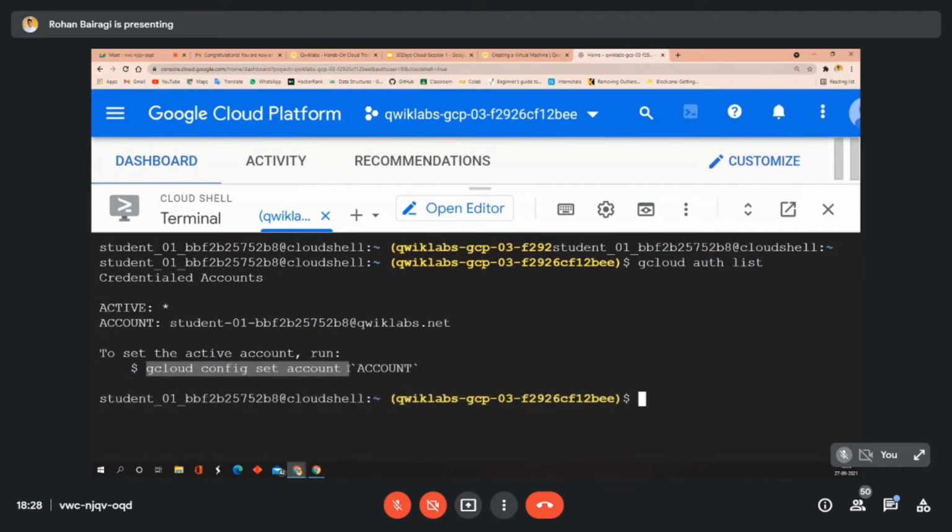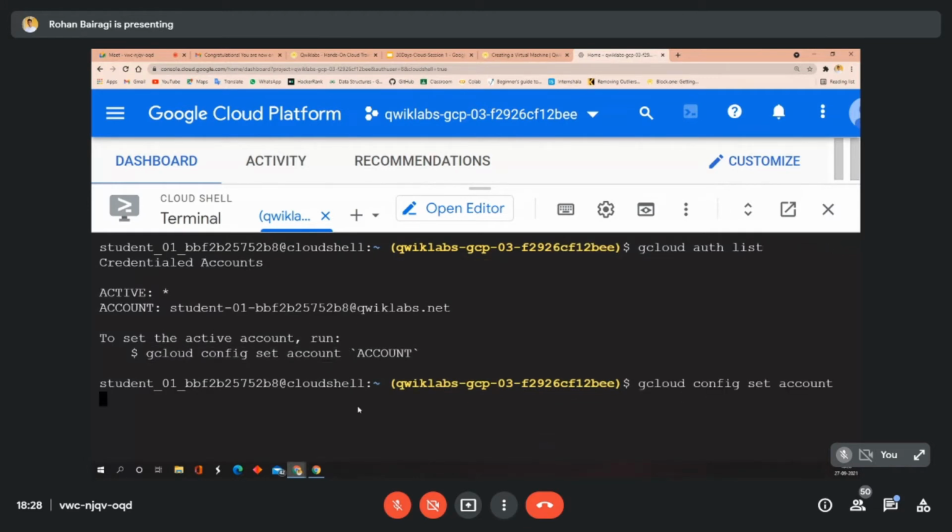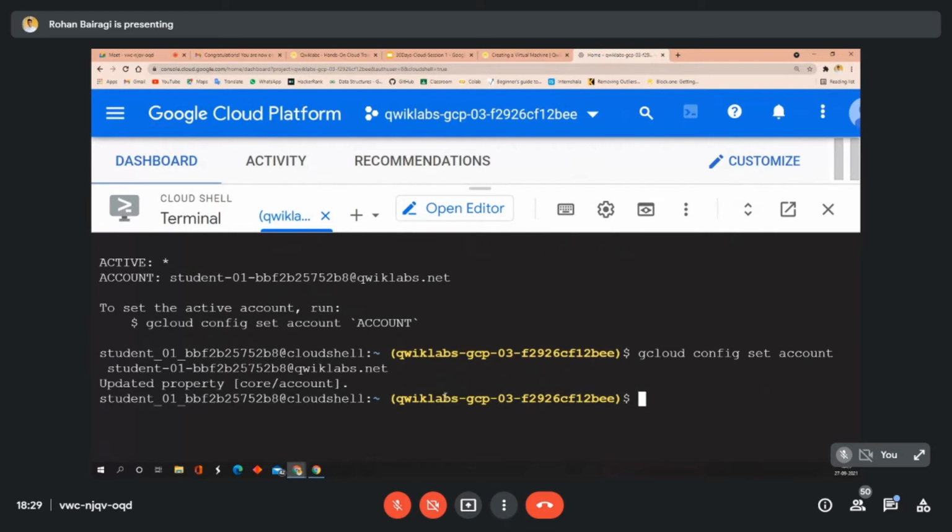Selecting it will get automatically copied and then paste it here, and then again copy the account name, which is student01@quicklabs.net. Select it and then paste it and press enter. Here the output is updated property core/account, which means we have completely logged in with the Cloud Shell.